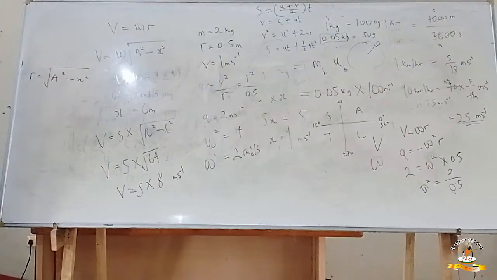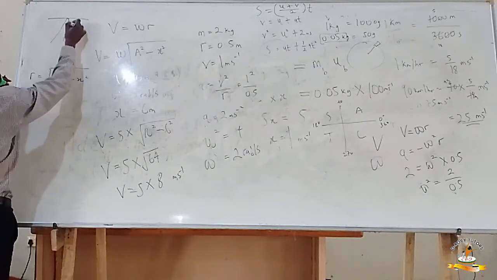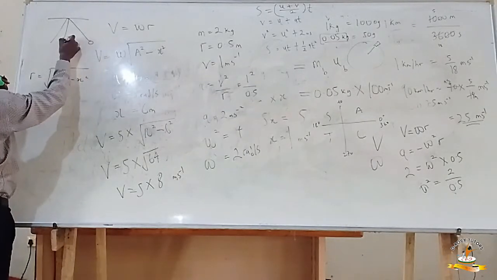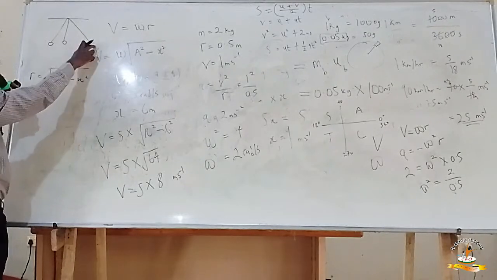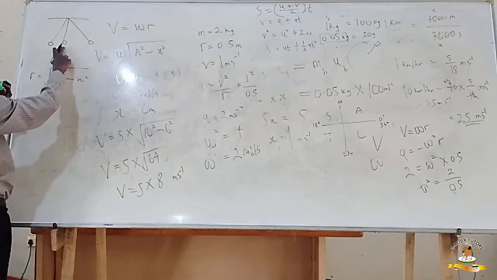And examples of SHM. A popular one is the motion of a simple pendulum. You should know that one. And you should also know that when you have it like this, that's three scenarios. It can be here, it can be here, it can be here. This is the maximum, having maximum. So at here, we say that